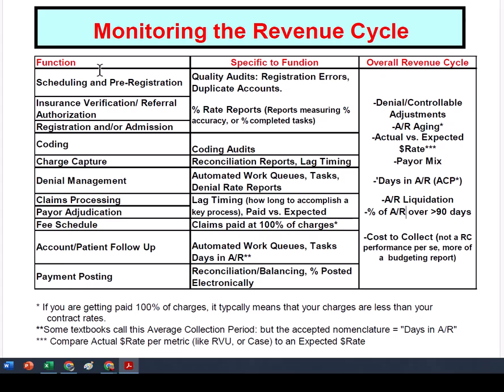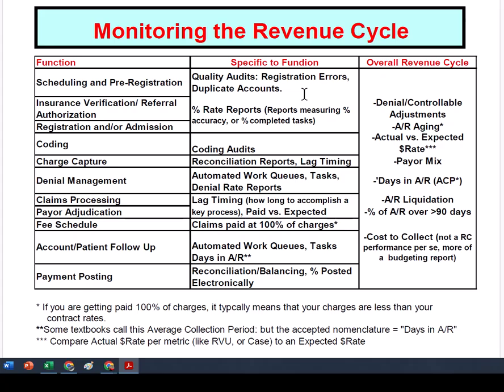to these folks. And then specific to the function, again, I'm not going to test you on any of this, but if you're ever into accounts receivable management, this is a good cheat sheet. For scheduling, registration, and verification, you might run some percentage of accuracy reports,